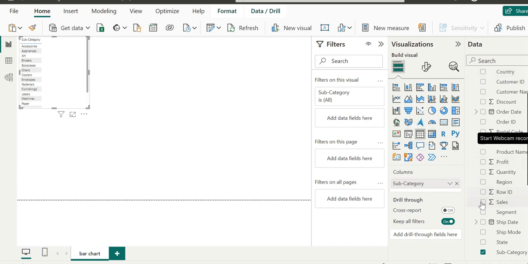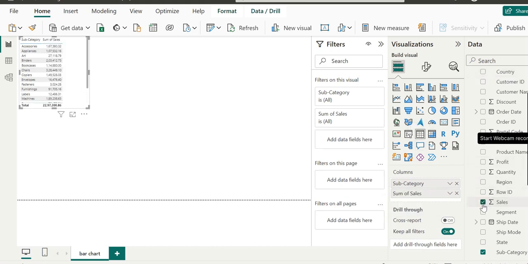If we select the sales field, you can see what happens. As soon as we select it, our table no longer has one column but two. The first column is the subcategory and the second column is the sum of the sales for that subcategory.